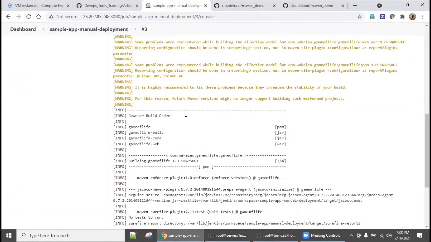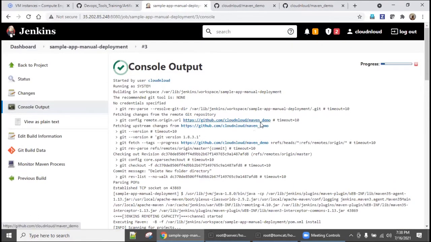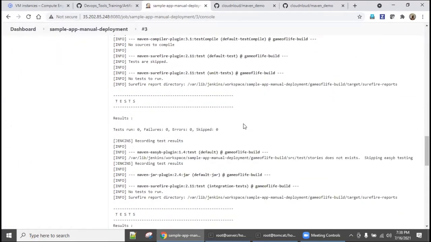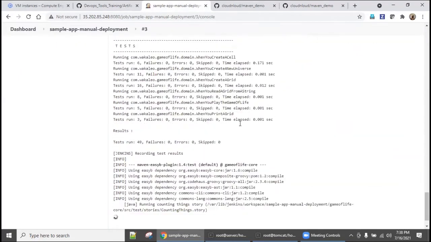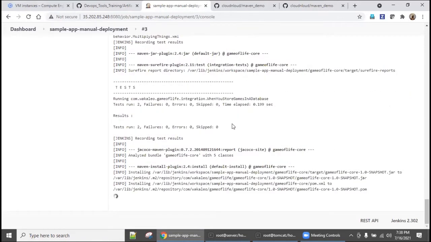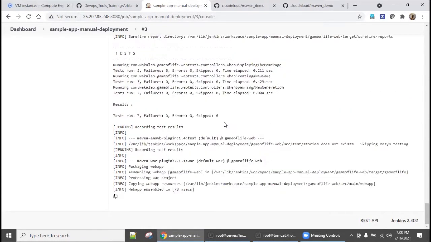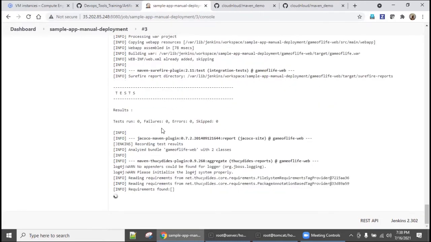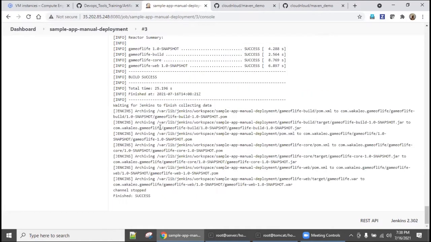It's trying to download from the Maven demo, the sample Java test application, and it's getting compiled and built. Finally, we are going to get the WAR file, because it's a very small web application. If you get this without any error, that means we are good to go. Yes, success, right? This you need to ensure.